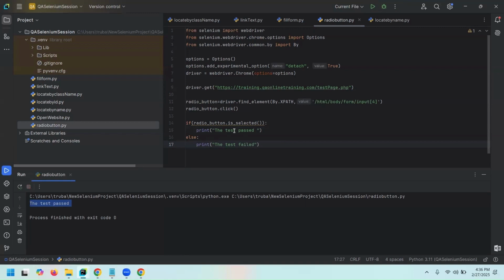So isSelected is basically used to check whether a particular selection is selected or not. If it's selected, it will return true. If it's not selected, it will return false. So this is how it works, and this is the scenario where we use the isSelected method too. Now,